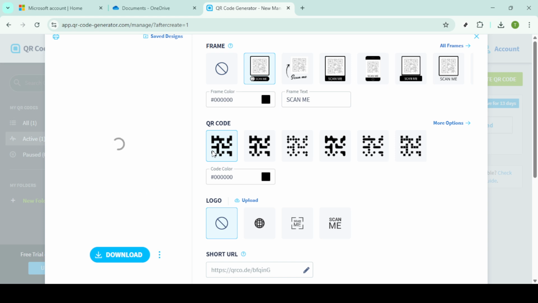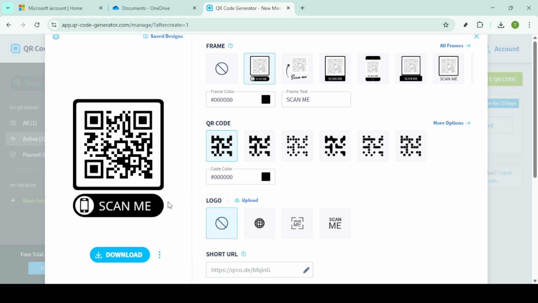And there you have it, you've successfully created a QR code using Office 365 and OneDrive. Whether you're sharing documents or any other type of file, this method is a quick and effective way to make